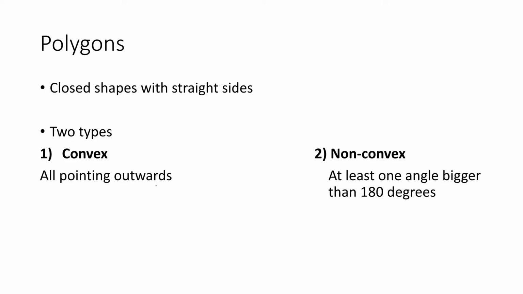Polygons are closed shapes with straight sides. For example, these would be examples of polygons. So anything that's closed with straight lines. There are two types of them. You have convex if all the sides are pointing outwards. So say you have your pentagon,